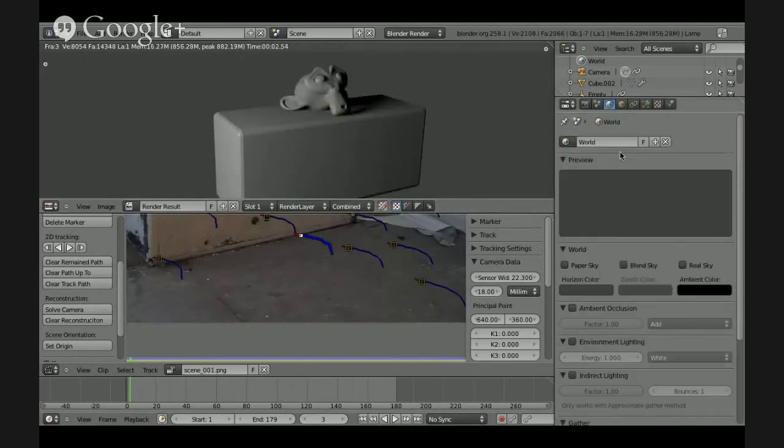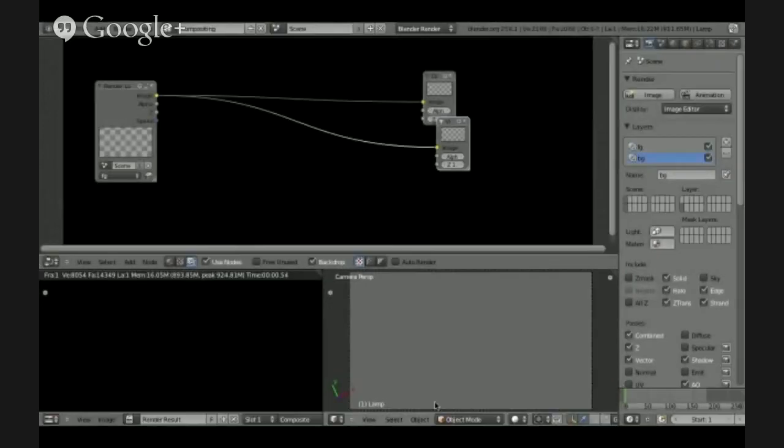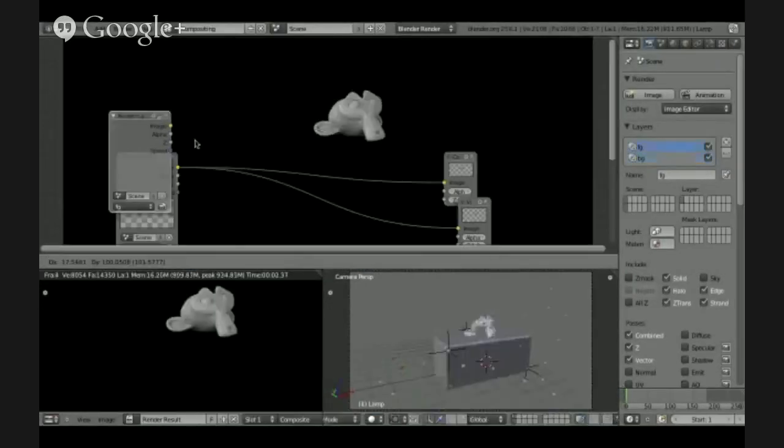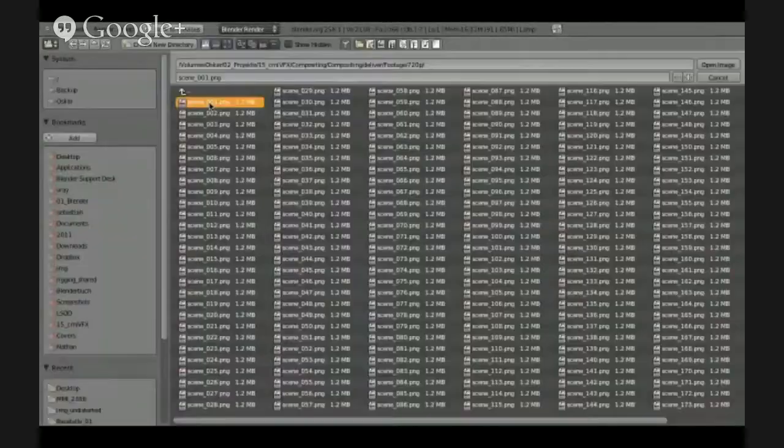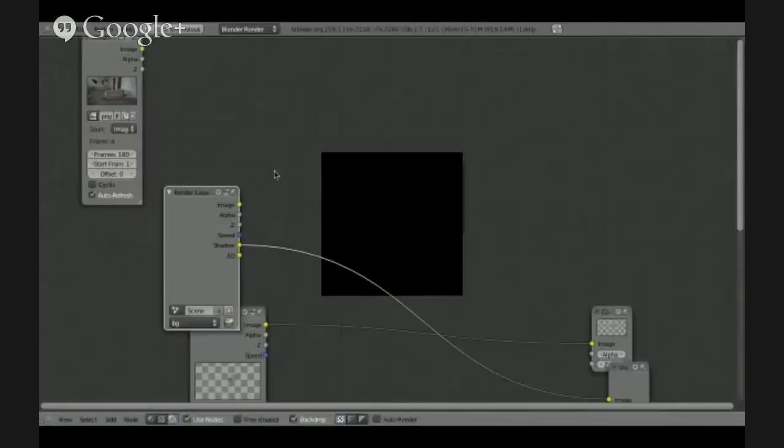Okay, so now he's just playing around with the rendering, so there it is without the composite. Now, this is the compositor, which essentially lets you take each frame in an animation and glue together various layers. One layer is the background from the film.